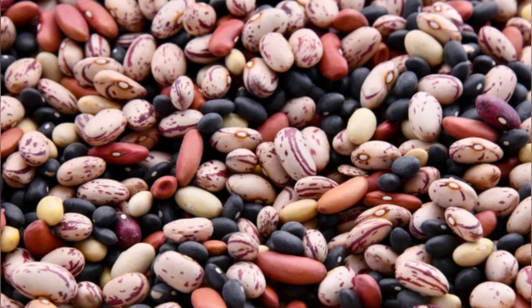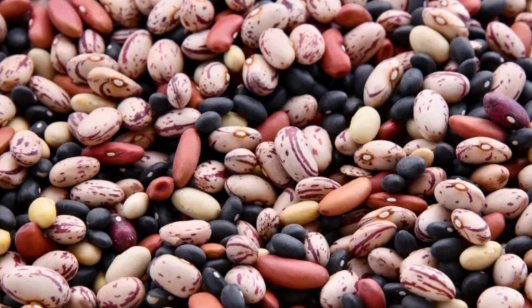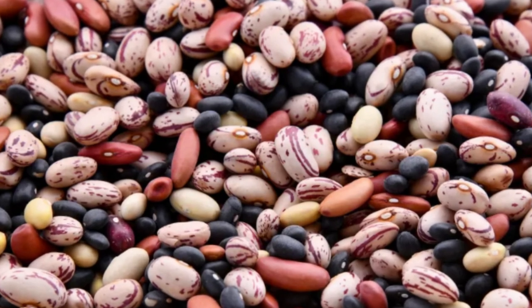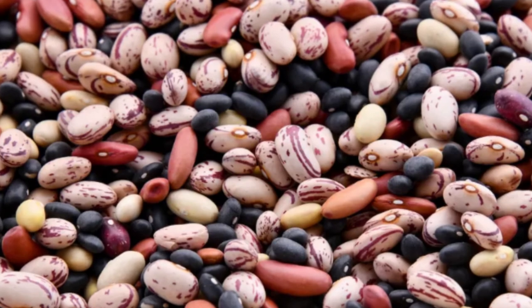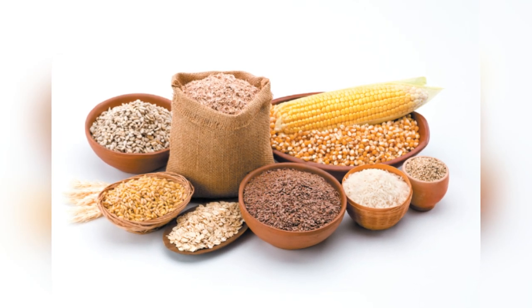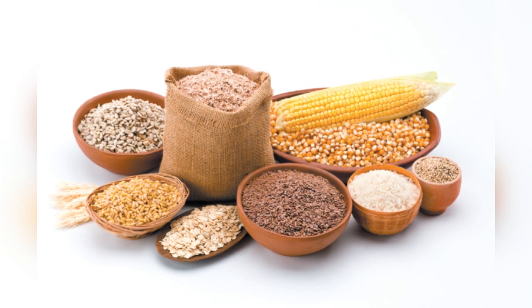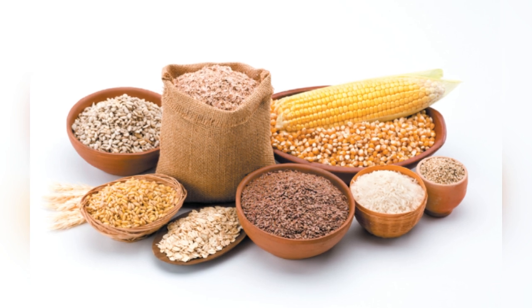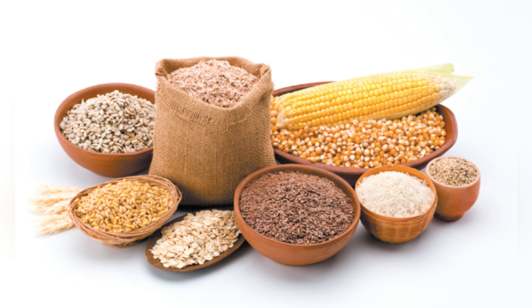Beans are naturally rich in B vitamins, especially folate and B6. Folate is essential for cell growth, red blood cell formation, and nervous system health, while B6 plays a critical role in glycogen breakdown, neurotransmitter synthesis, and amino acid metabolism. Because beans also contain a significant amount of complex carbohydrates and dietary fiber, they release energy slowly and help support